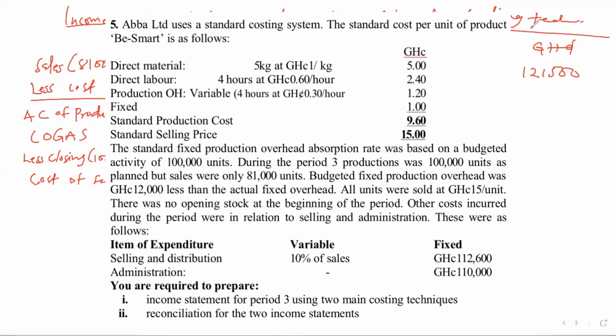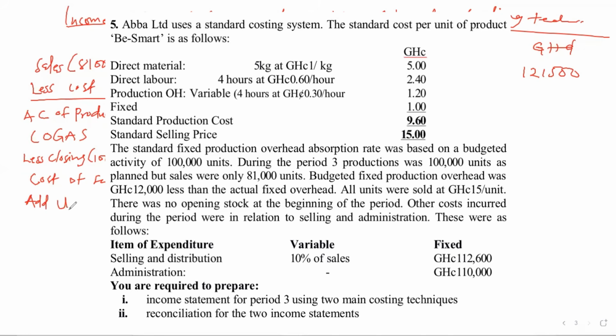But with this one, they've already given you the amount and they are saying that the budgeted fixed overhead is less 12,000 than the actual fixed overhead. So we will say that it is under absorption. And anytime you get to the cost of sales and there is under absorption, what we do is we add back. So since it is under absorption, we add